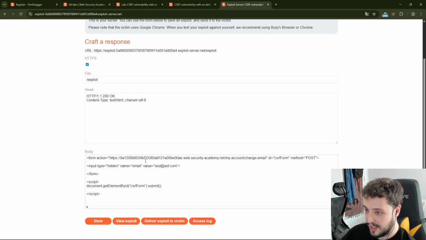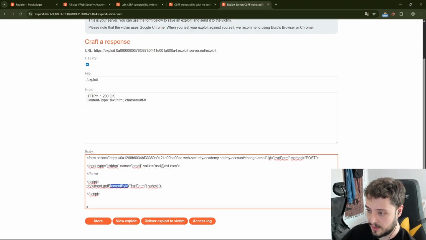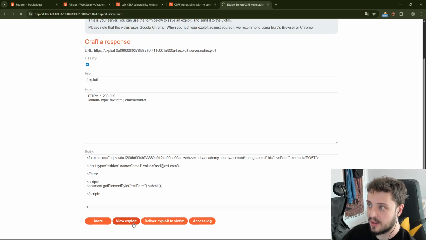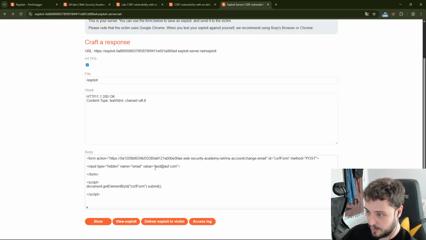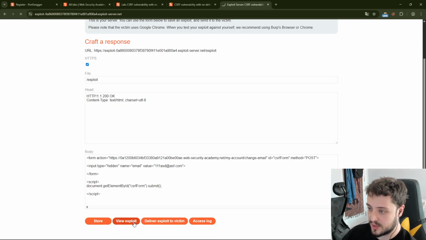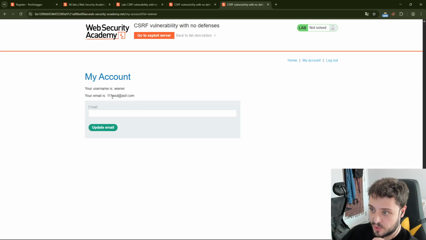It's not the name at the form tag. We have to put the value ID, CSRF form, and then we submit it here. So let's see what's happening here. When we click view exploit, as you can see, our email is changed. So let's put a bunch of ones here and see. You will see our email is changed to